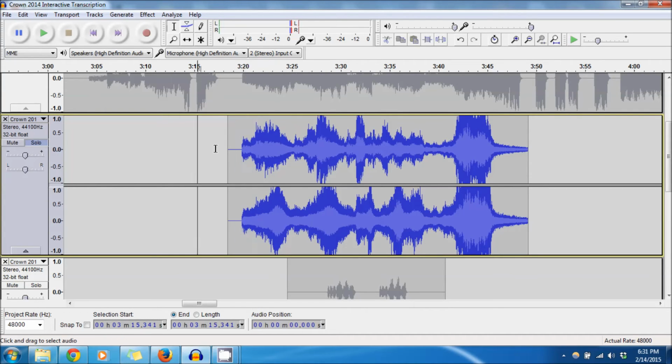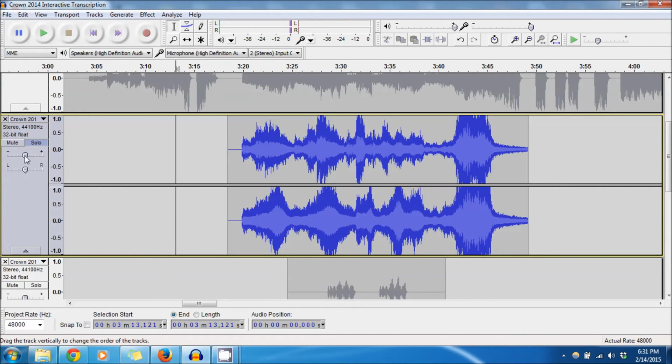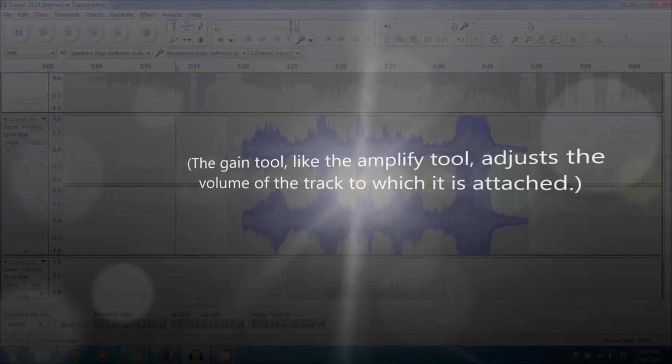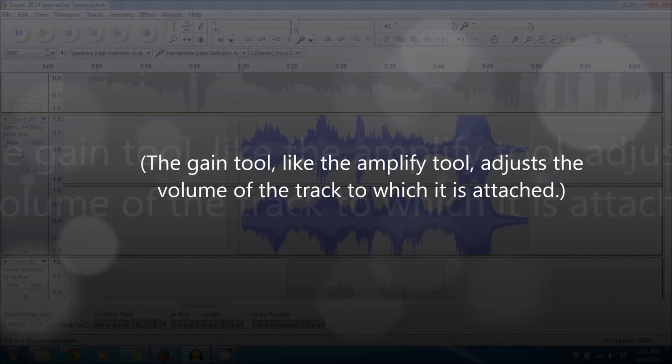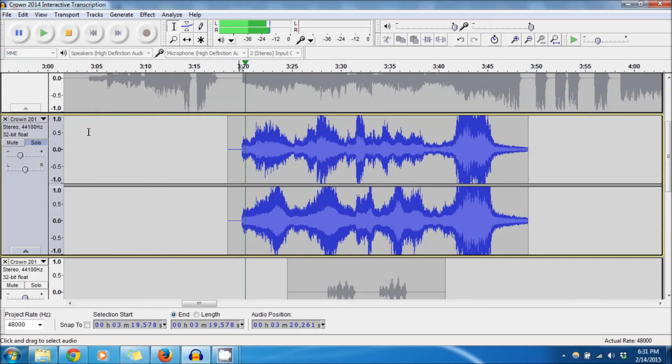So the next thing we're going to do is take this and reverse amplify. Actually, we're going to use the gain tool again for this because I think it will be a lot more effective here. We're moving the gain tool all the way down to about 9, and it's probably actually not enough. Let's take a listen real quick. Yeah, that's probably still not enough. Let's put the gain down to about 12. All right, so